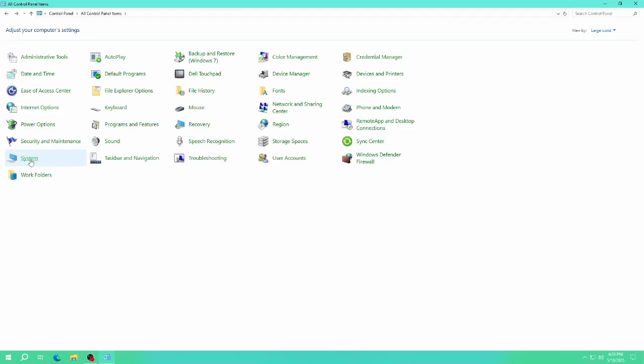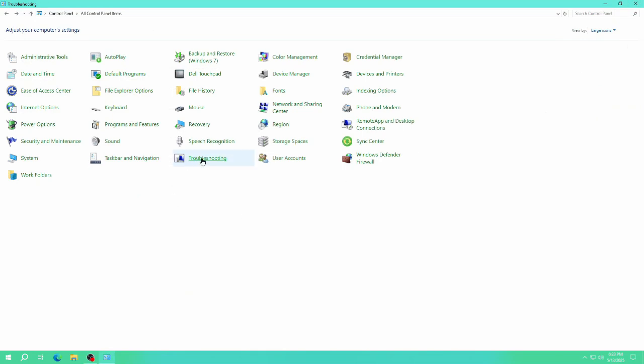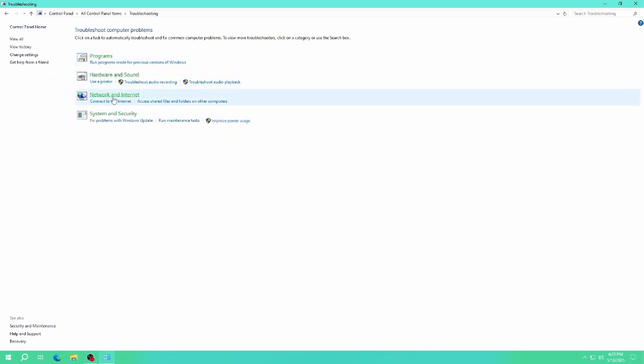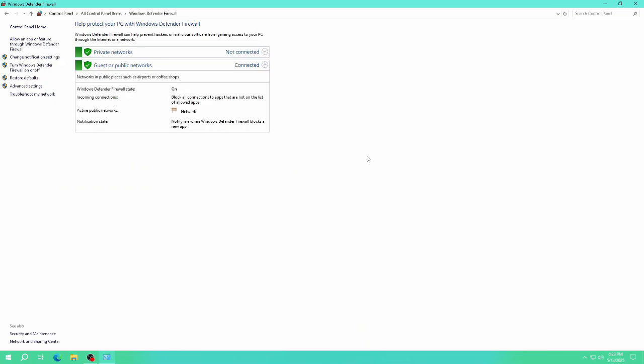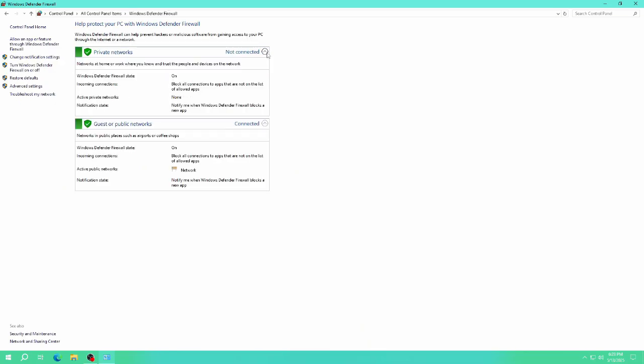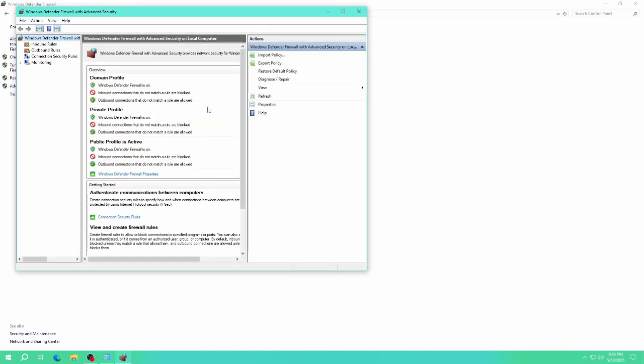You've got System, which takes you to Settings. We've already seen that. Taskbar navigation, Settings, Troubleshooting. You can troubleshoot programs, hardware and sound, network and internet, system, and security. User accounts, and then you've got Windows Defender Firewall. Now this is just a simple little firewall hub. If you want to really mess with the firewall, you would have to go to Advanced, and that'll open the MMC Windows Defender Firewall with Advanced Security, so you can set inbound and outbound rules to make your computer safer